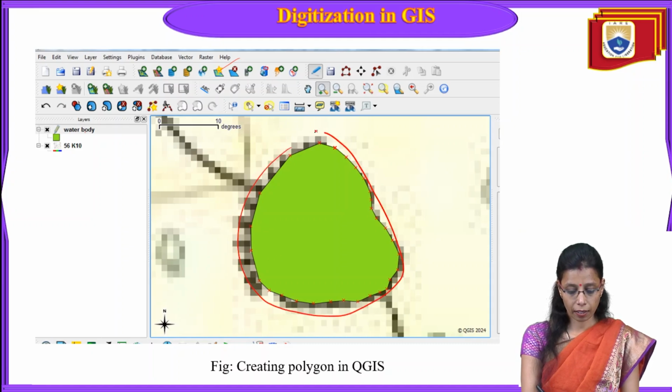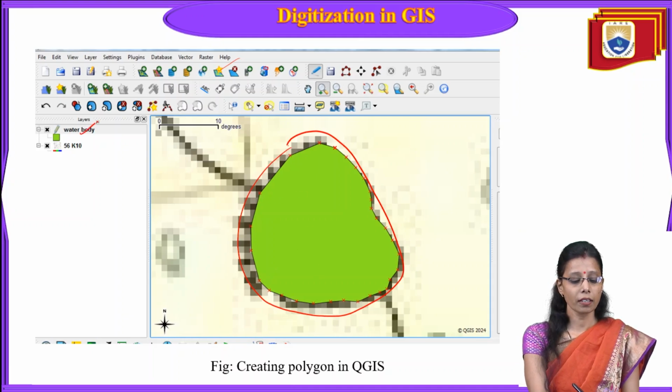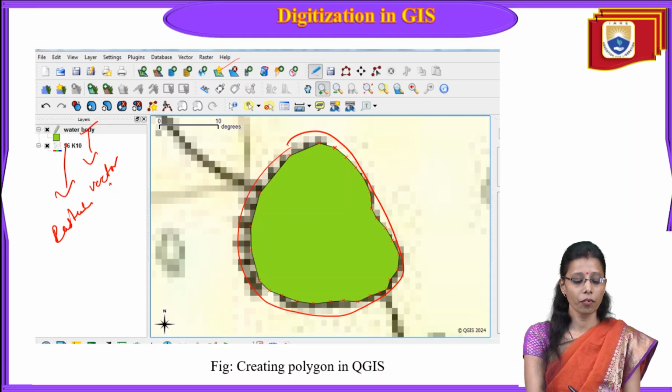This is the water body background. You can see this black color. This is the water body, and over this water body the digitization has been done. So this is the vector now. This is the vector and this is the raster. The background, 56K10, is raster, and the water body you can see here, which is created with the help of polygon,